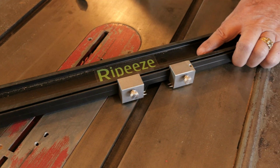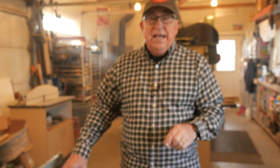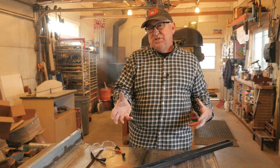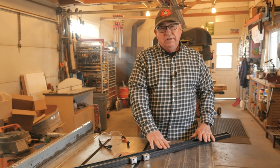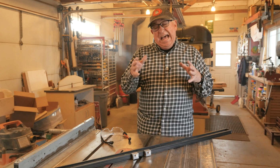Well, there's a new product available for straight edging boards called Ripeeze. Now, this is a cool tool, and you can do shop-built ones of this sort of thing, but for the quality of the tool and the price point that's been created by this micro company, I think you're going to